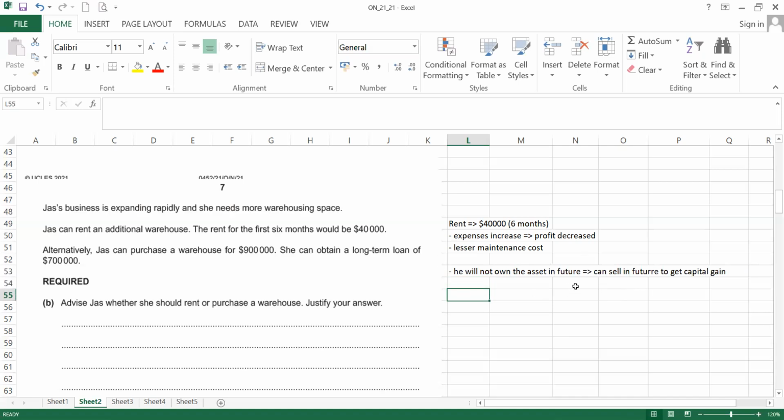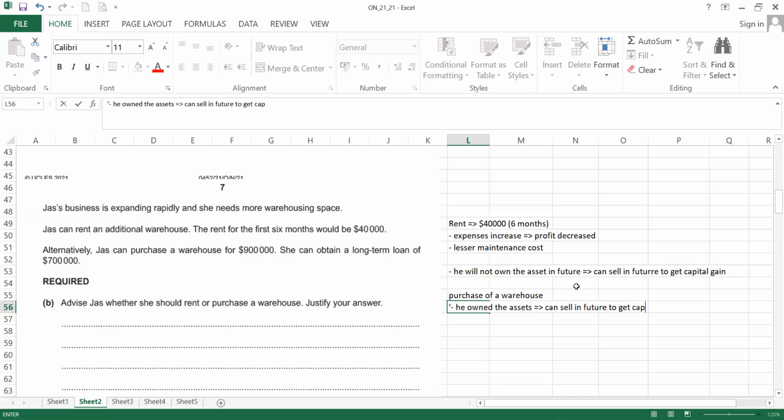Whereas if he purchases a warehouse, what is the benefit? The benefit is he owns the asset, so he can sell in future and get the gain. Other than that,